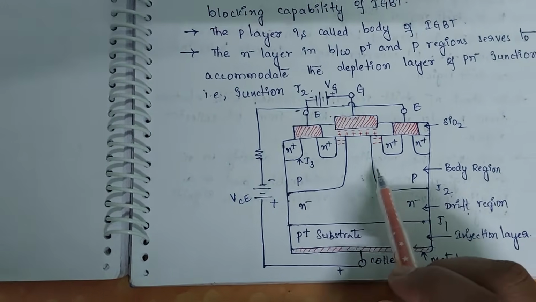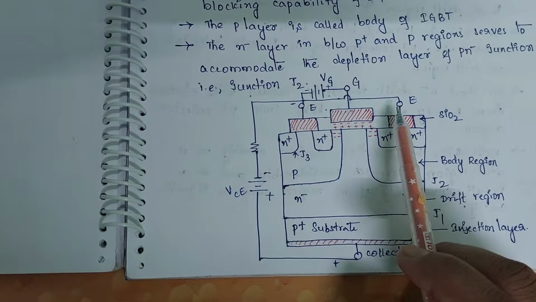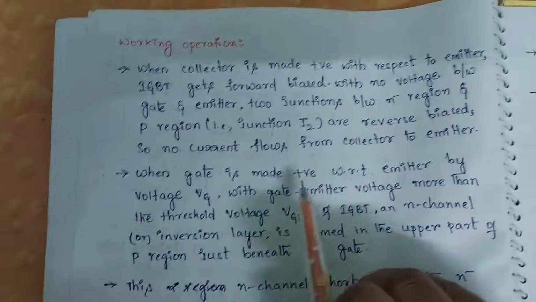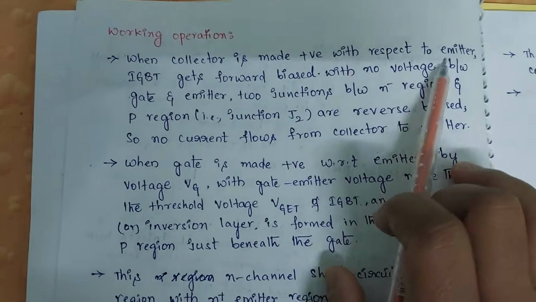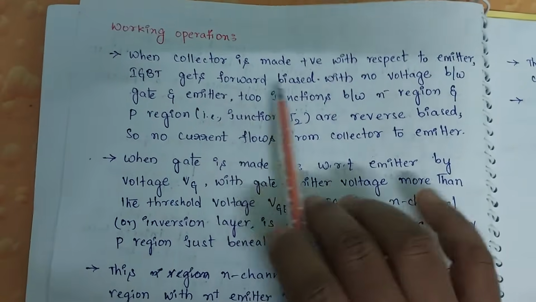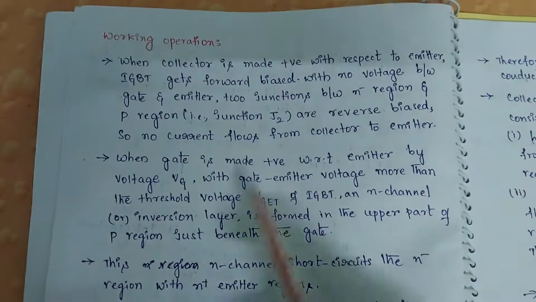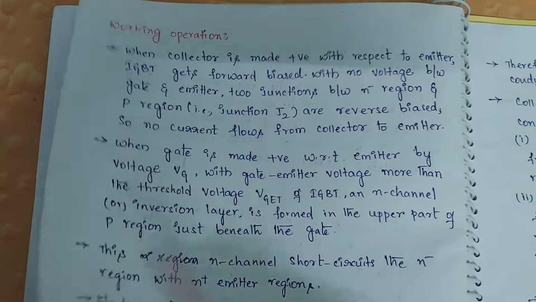So now coming to this, same as in this case, generally we are going to represent. When the collector is made positive with respect to the emitter, the IGBT gets forward biased. And when we make the device forward biased, that is when the collector is made